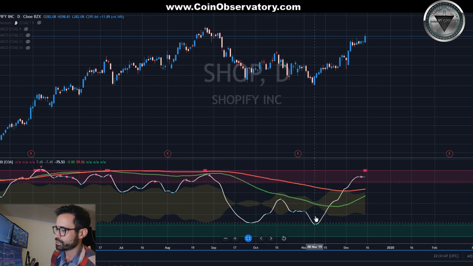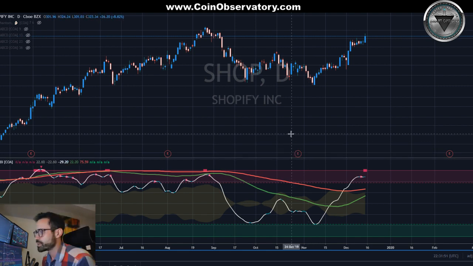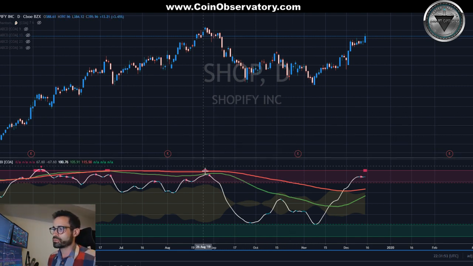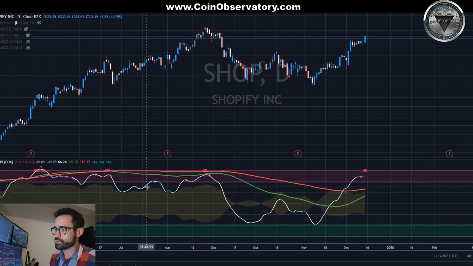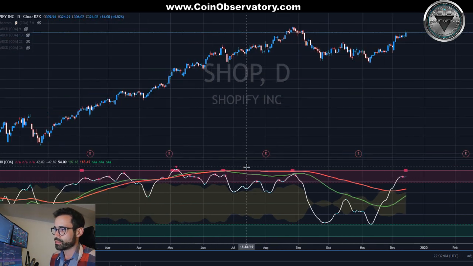This would have been a buy, right? So if somebody's in a short, this is a good time to get out. And that's what RBI enables you to do. It's going to enable you to find these really good sells, right? Or I guess take profits, short sells, and once again, entries back into the trade. As long as K and D are sideways and not really coming down at a steep angle like they